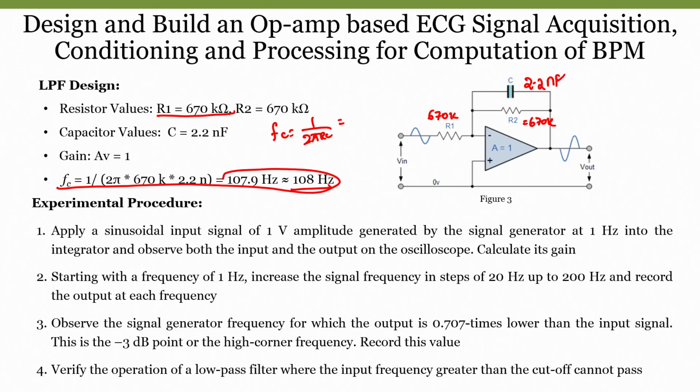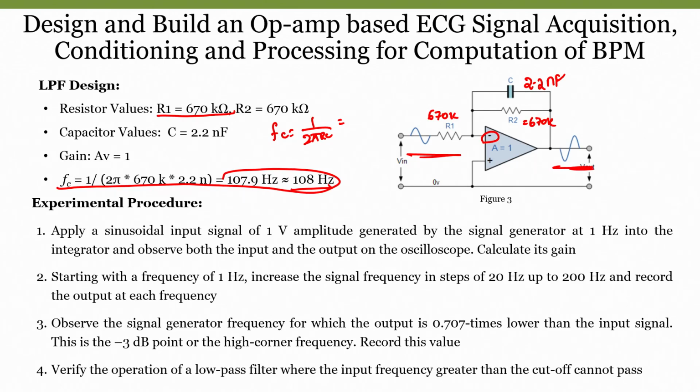Then what about the gain of the system? Since R1 and R2 resistors are the same, and since it is an inverting amplifier, the gain is R2 by R1. Therefore, the gain is 1 in this case. So, what input do we get? Without any amplification, with an amplification factor of 1, we will get the same output, but since it is inverting, we will get a negative. There will be a phase shift of 180 degrees.